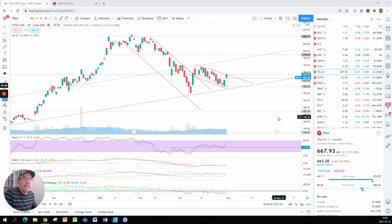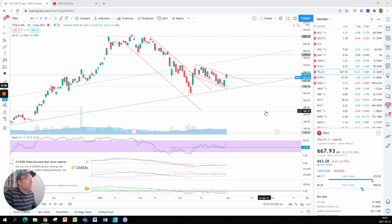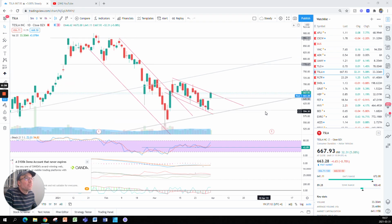So Tesla had another green day today, closed at 667.93, up 32 bucks, up 5%. So quite high for Tesla. Post market down 0.65%. So if we look at the chart,